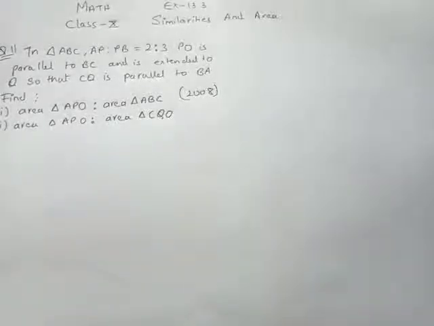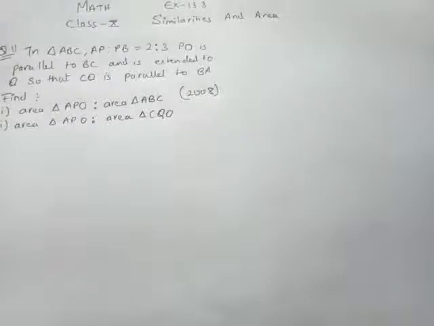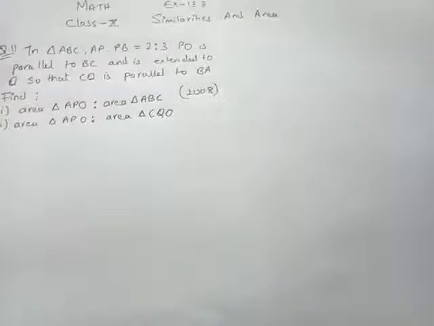Good morning, class 10th. Today we'll be looking at the same exercise, that is exercise 13.3, but we'll be looking at question number 10 onwards, that is from question number 11. And the very first question that we'll be looking at is question number 11. We already know that the ratio of the area of two triangles will be equal to the ratio of the sides or the ratio of the altitudes or the ratio of the medians. It can be anything.